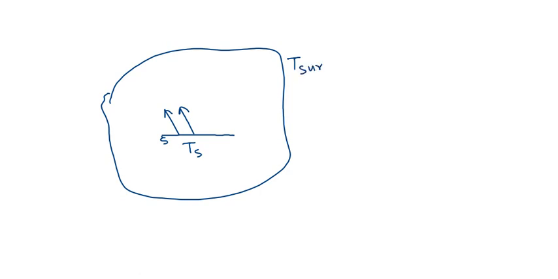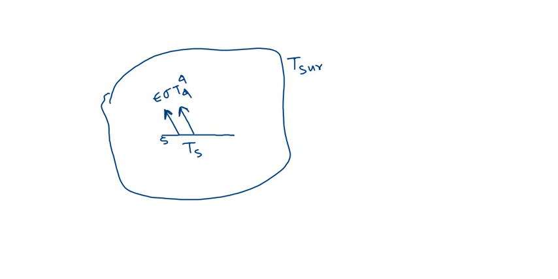Okay, T surrounding. Now you see, because of its temperature Ts, it is emitting radiation heat flux. So how much it is emitting, tell me? It will be simply epsilon, we are considering it's a real surface, so epsilon into sigma into Ts to the power 4. So this is the radiation that will be emitted from the surface. This is the emission.